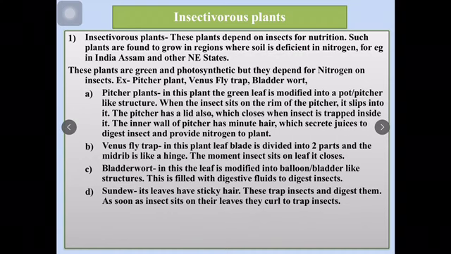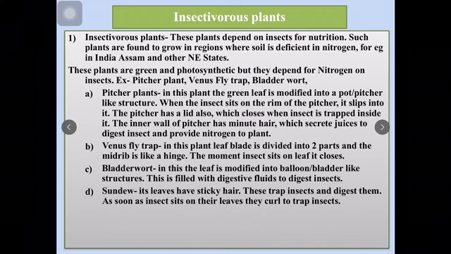The next is Venus flytrap. Now Venus flytrap is also very beautiful in this insectivorous plant. Its leaf is modified to become trap like, just like a claw. So Venus means beauty. Venus signifies beauty. Fly is insect and trap means a trap to catch the insect. So in Venus flytrap, the leaf becomes modified such that it can open and close like any trap. So from the midrib, the leaf can open and close. So when the insect sits on this beautiful leaf, it closes to trap the insect.